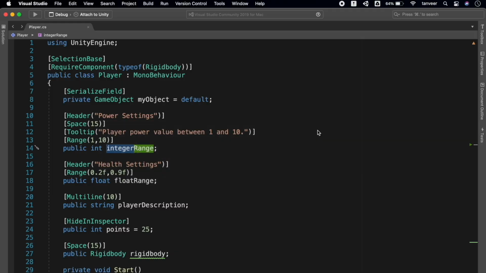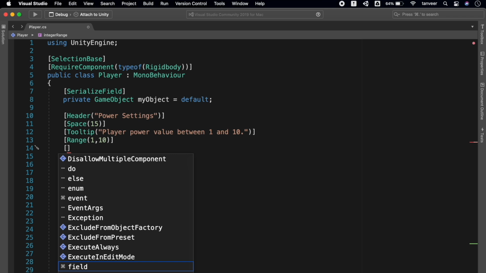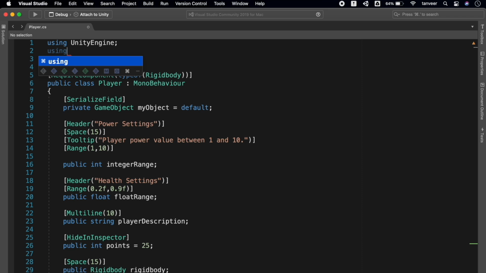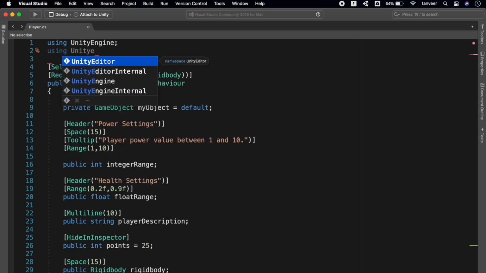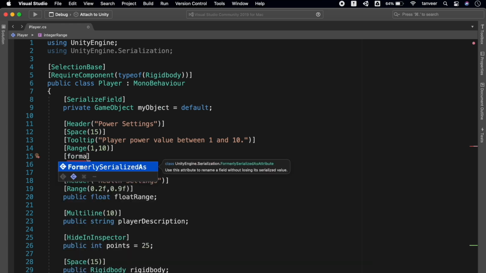Go back to your script, and above the integer range, we need to add the FormerlySerializedAs. The IntelliSense is not getting it. I guess we need to add the namespace. Let's first add the namespace. Type using UnityEngine.Serialization. And now type the FormerlySerializedAs,